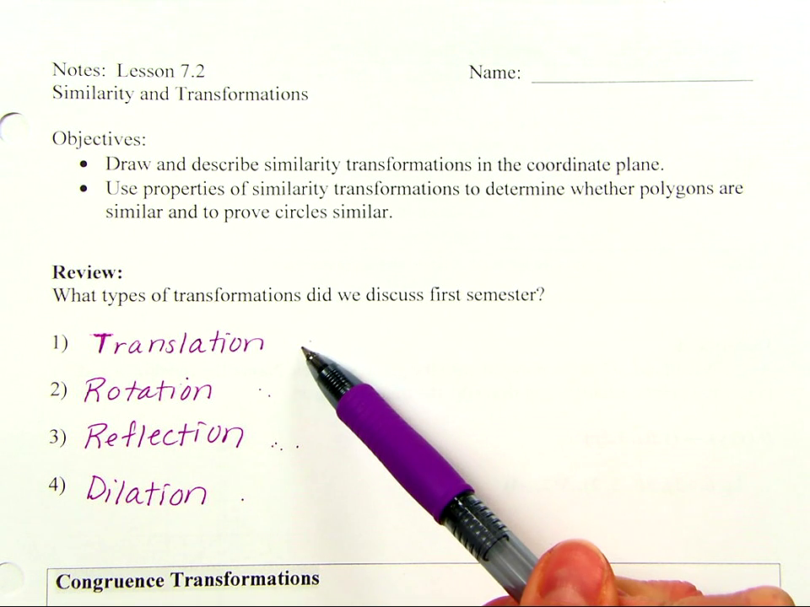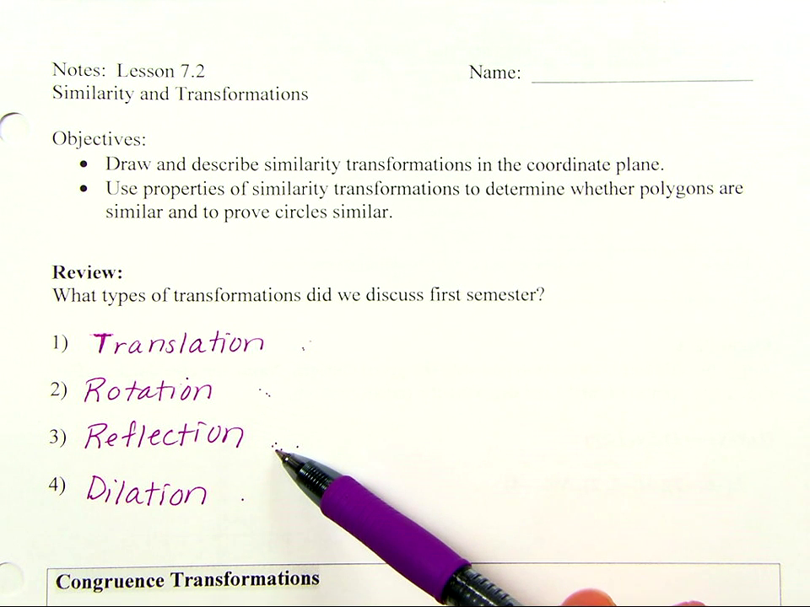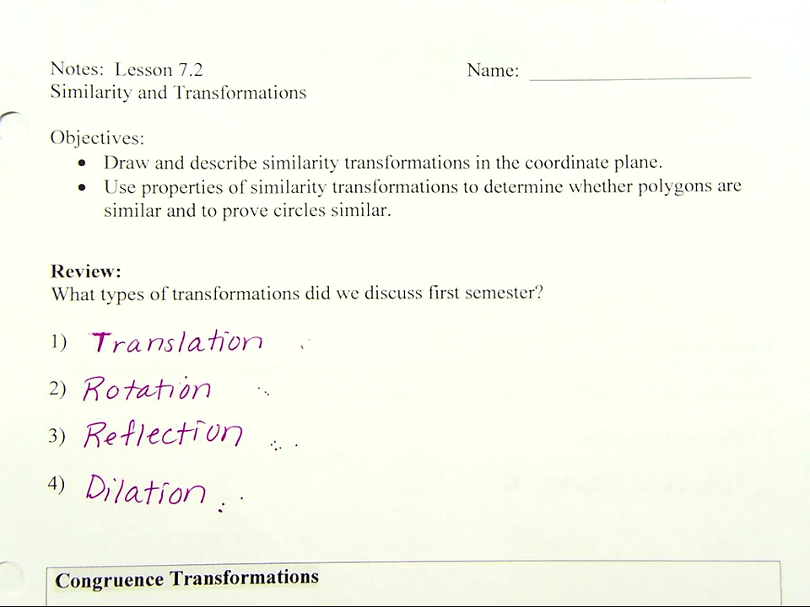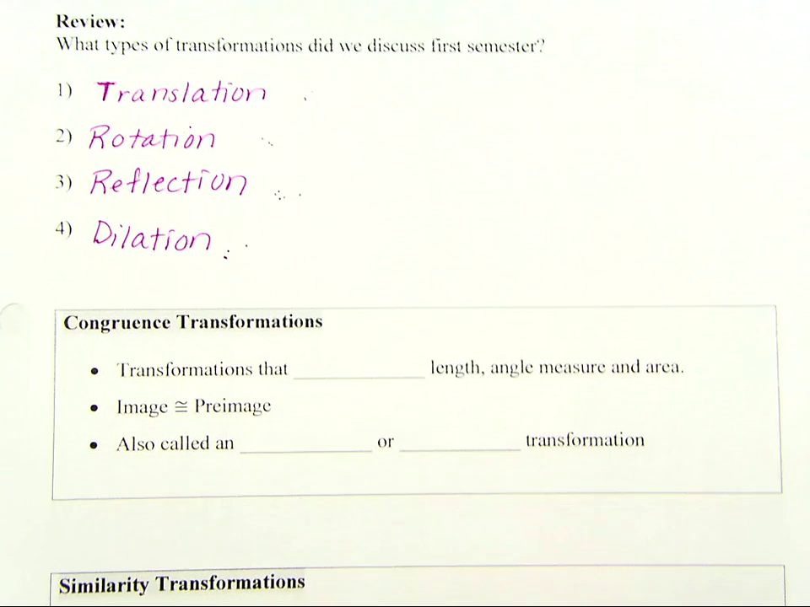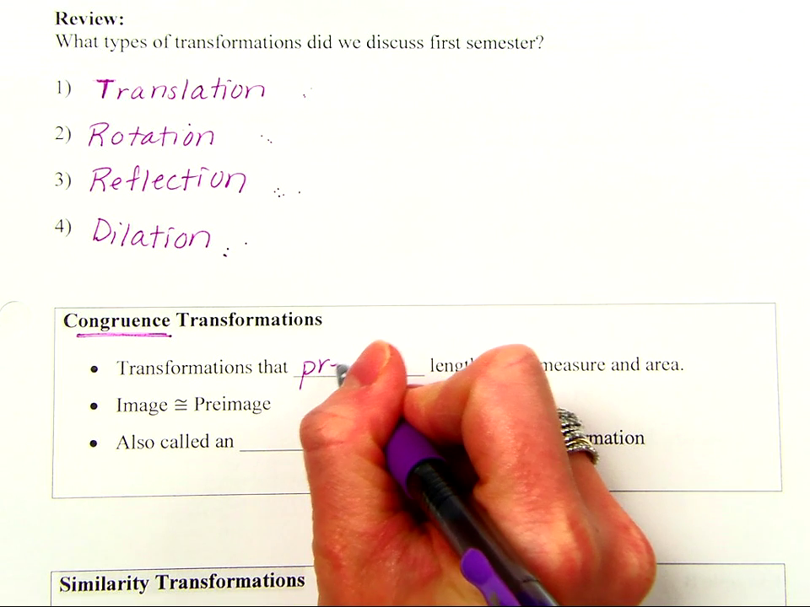Now, the translation was our slide, the rotation was our turn, the reflection was our flip, and then we discovered that when we had a dilation, we were actually enlarging or reducing our figure, sometimes also called a stretch or a shrink. Well, as we look down below, we can kind of classify these transformations, and some of them are going to be considered congruence transformations. So a congruence transformation is a transformation that preserves